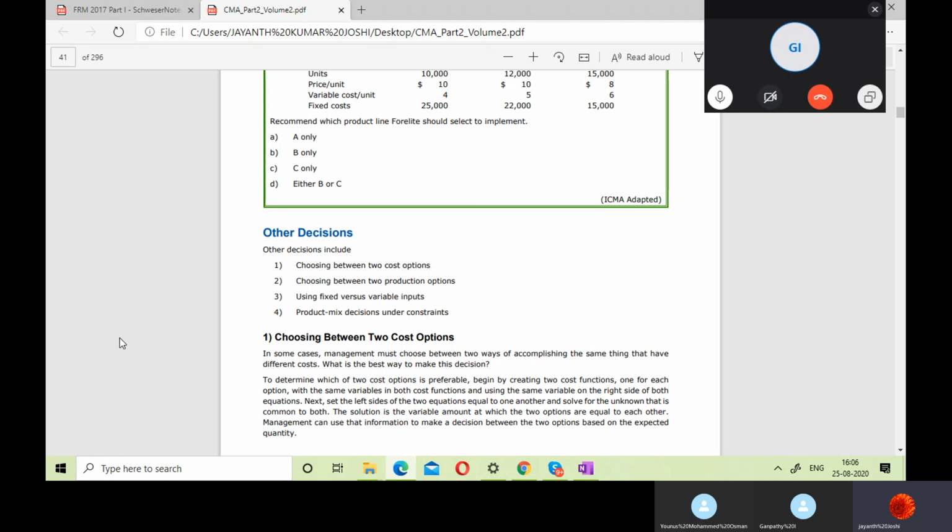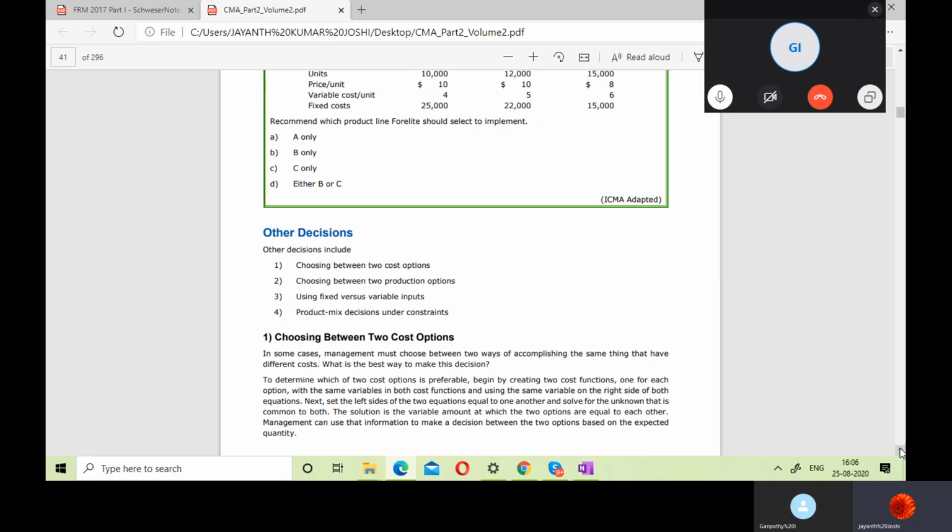So today we are dealing with other decisions, and this is an adjunct to the CVP analysis. In this we are going to see choosing between two cost options. Definitely you will choose the cost option on the lower side, because least cost is what every businessman desires. Then choosing between two production options, where you choose the option that gives you good benefits, using fixed versus variable units,